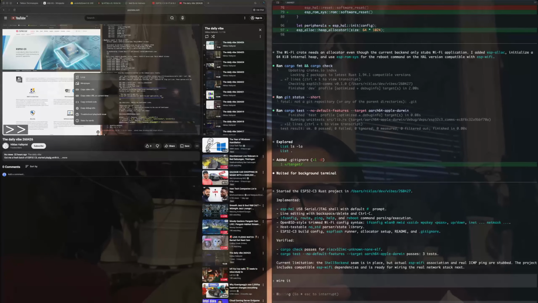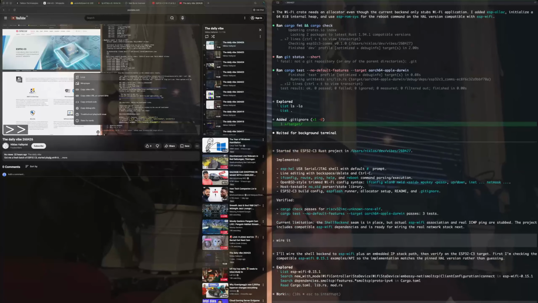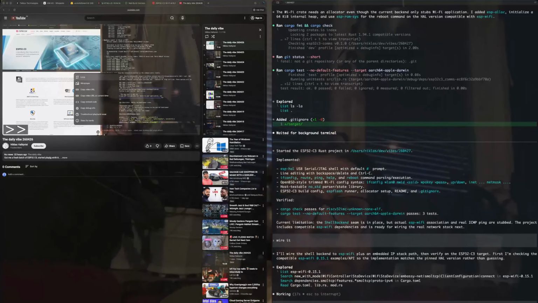Okay, it came back in the middle here to say it had things mostly done, but it had not wired the actual commands to the network stack.